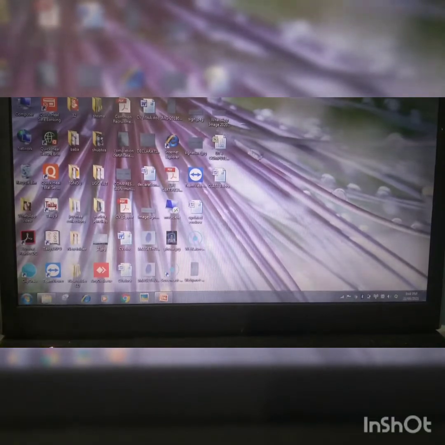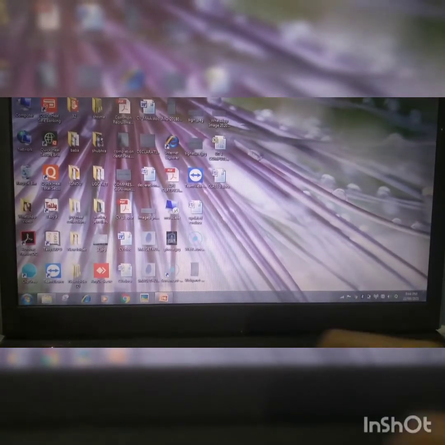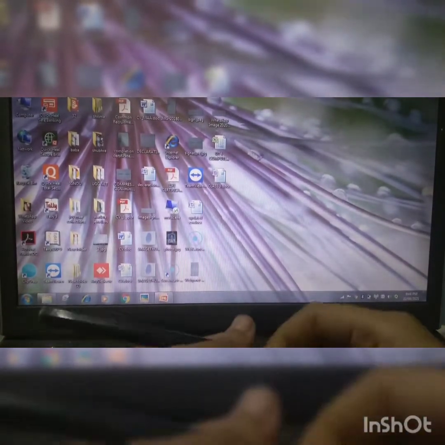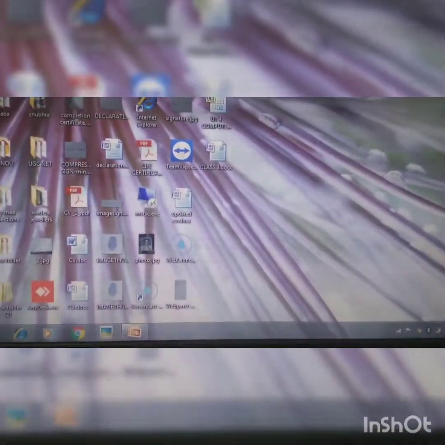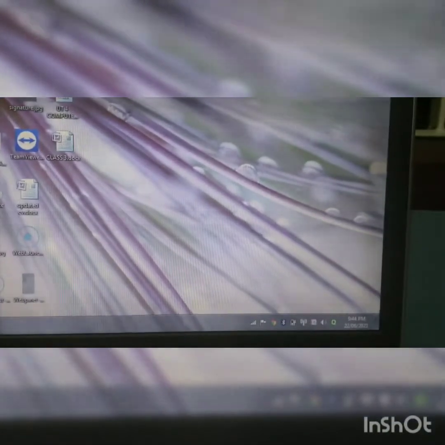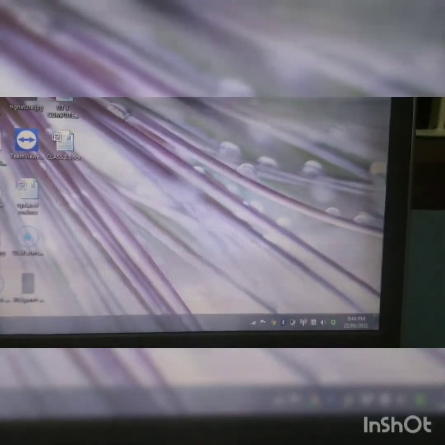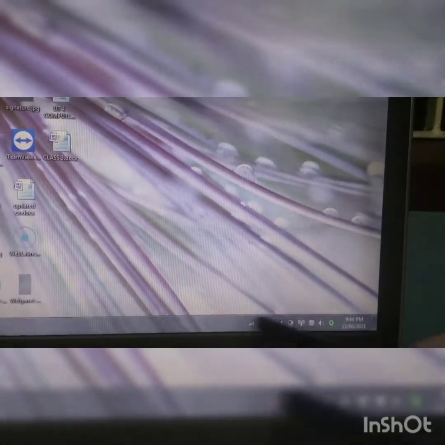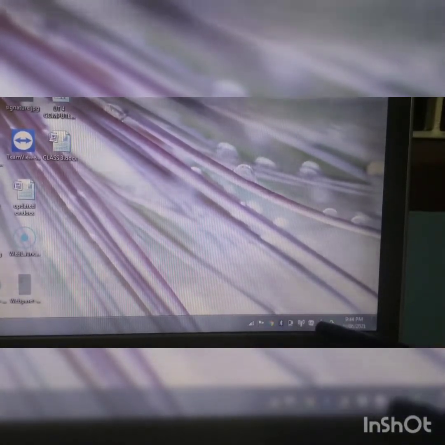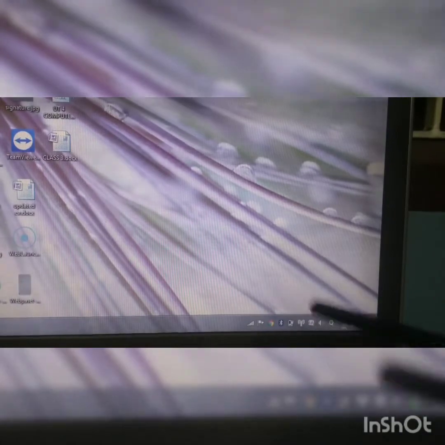Now we will see the components in the notification area. I'm showing you. See, I have already said that this portion is called the notification area, located at the right side of the taskbar.